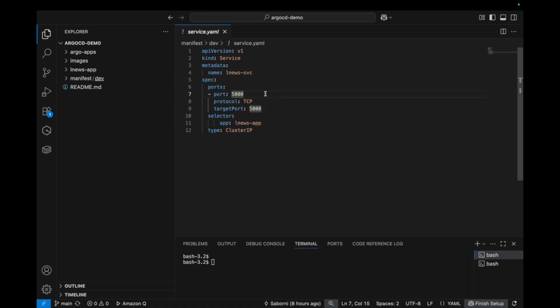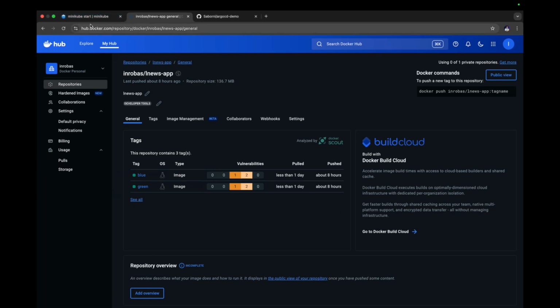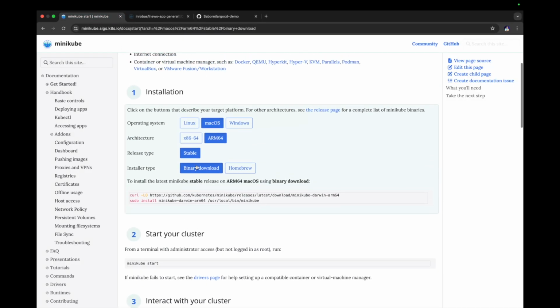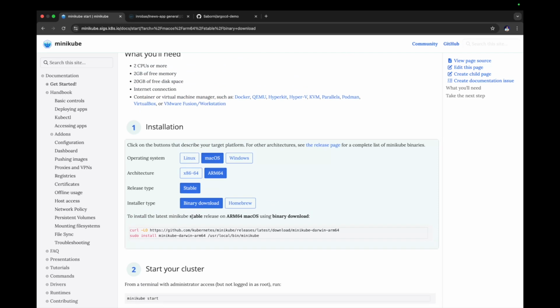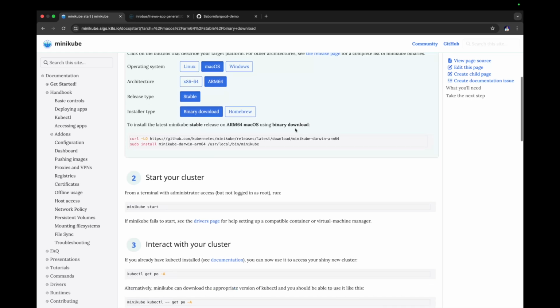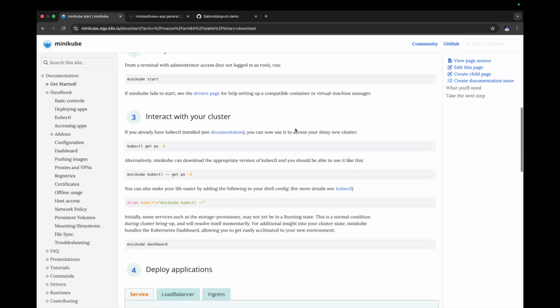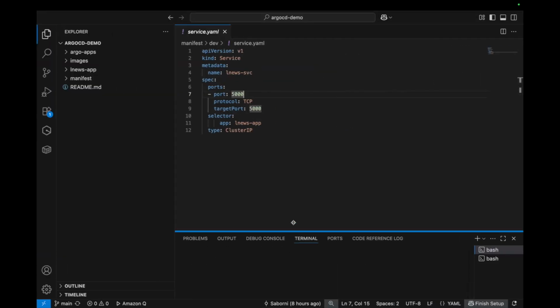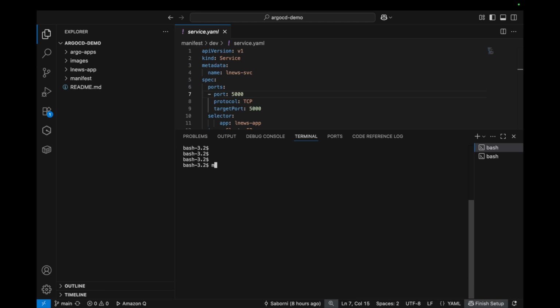How to install Argo CD and how to install Minikube, those would be available in the description of this video. But just for your reference, if you want to install Minikube, it is quite simple. Based upon your operating system, you can select and download the binary, or if it's a Mac OS environment, you can directly use the homebrew command. For starting the cluster, you would need to use the Minikube start command. So without wasting time, let's come over here and